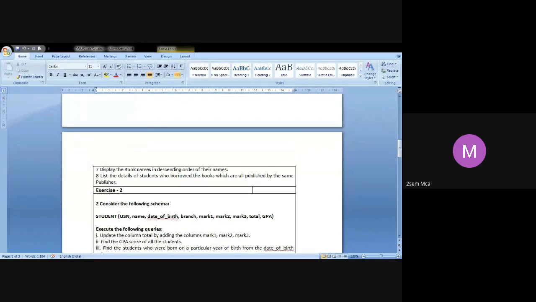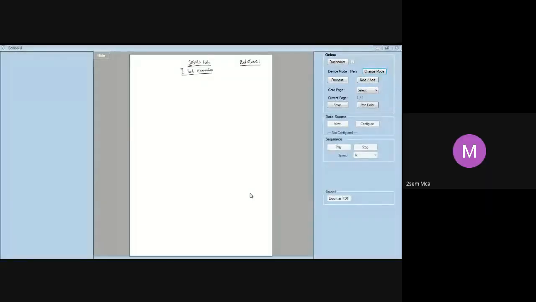Okay, so let us try writing the ER diagram for this first exercise. Let me share the other screen. I don't know why this size spread doesn't seem to be appearing more. Okay, you're able to see my board? Yes, ma'am. Yeah. Now let us try writing.